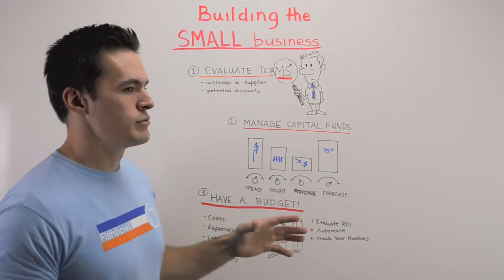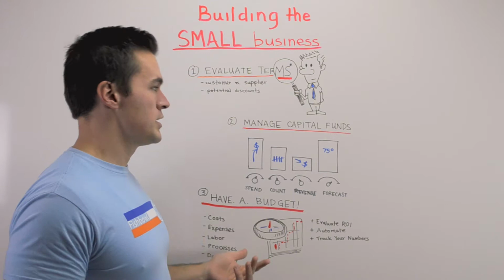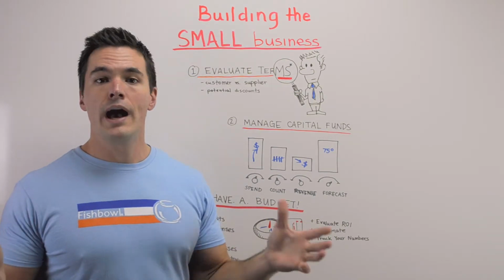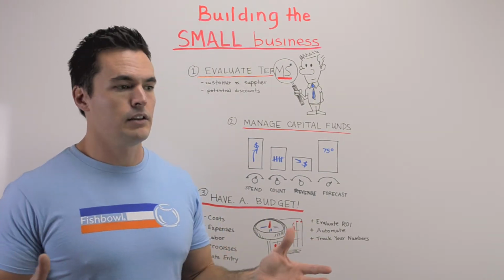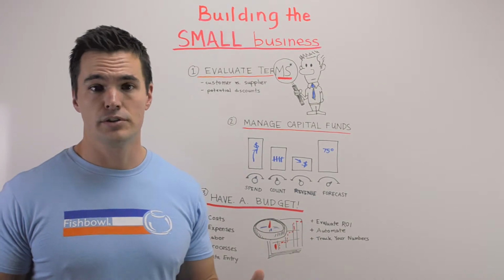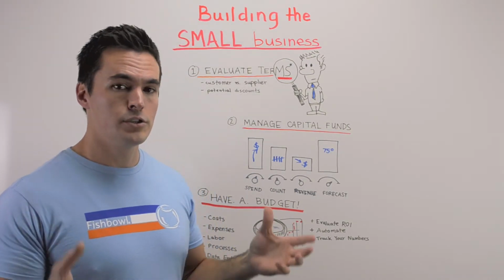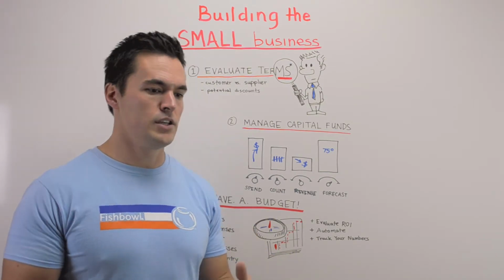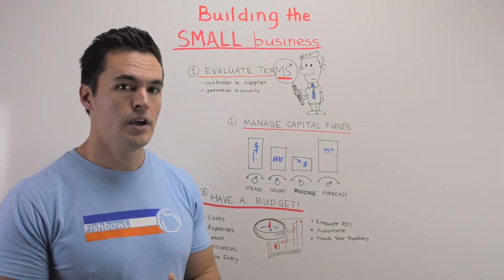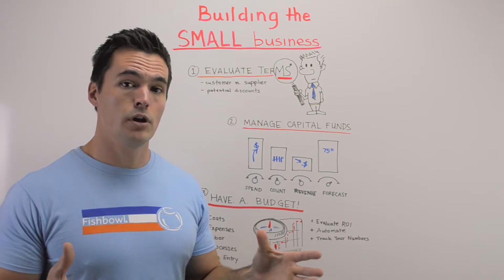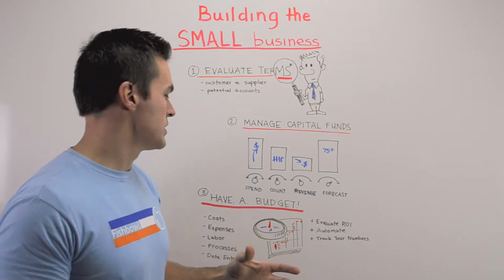And the third point, which is really the main point, is have a budget. Now, we're not here to tell you how you need to form a budget. Ideally, you should probably talk to some kind of financial consultant, or at the very least, an accountant, if you don't have one of those for your company, so that you know what your strategy is, whether that's a quarterly strategy, even an annual strategy, so you can know what you're trying to accomplish with your business.